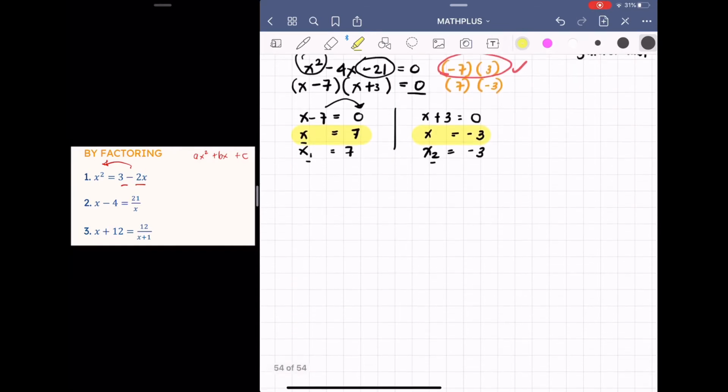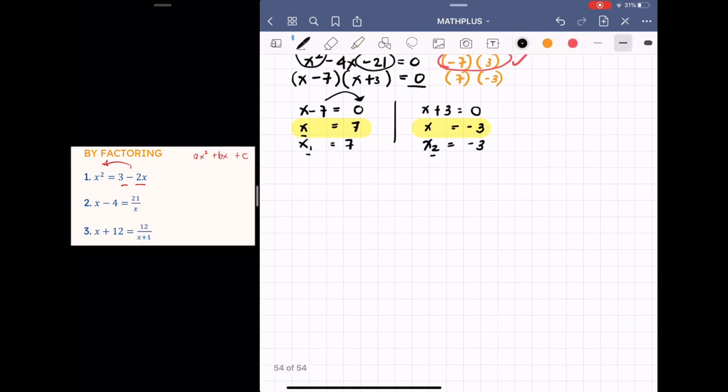Okay, let's proceed to our last example, which is letter C. In letter C, we are given x plus 12 is equivalent to 12 all over x plus 1. Similar to the previous example, the only difference is that you have a binomial in the denominator. Still, the target is to remove that fraction by multiplying both sides by that denominator, and that is x plus 1. In that sense, you'll be able to cancel it on the right side,